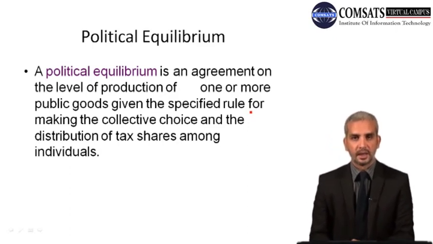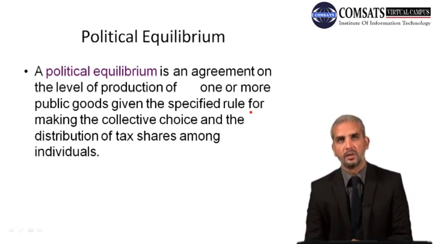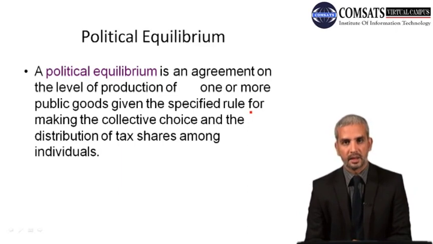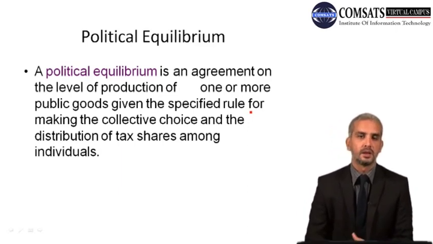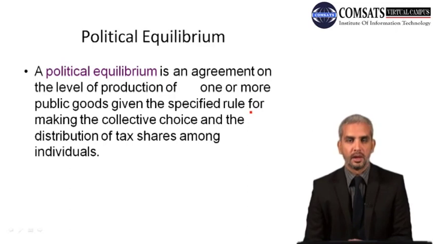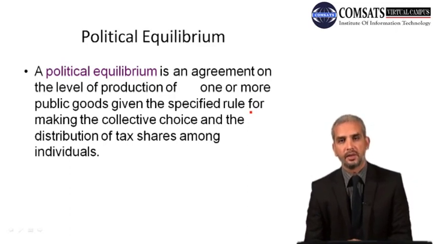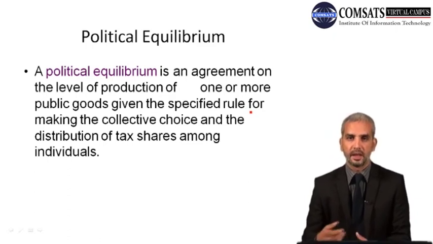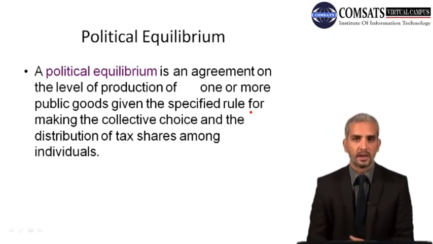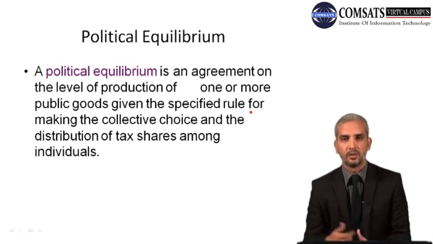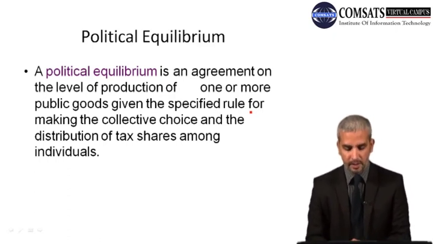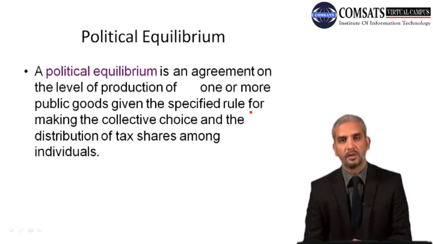Now there would be certain cases which we termed as rational ignorance, and in rational ignorance we discussed the circumstances under which an individual would not vote. The first circumstance that we discussed was his ability to affect the outcome. If his ability to affect the outcome after the vote is very low, then his cost would be greater than the marginal benefit he derived from voting, and he would choose not to vote. The second one would be how close the alternatives are to each other.